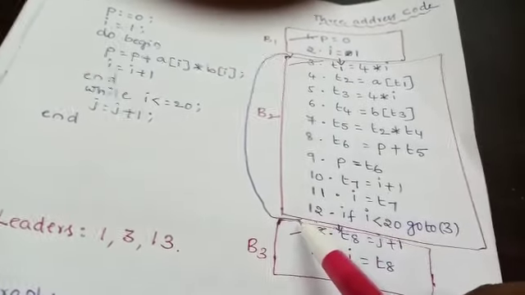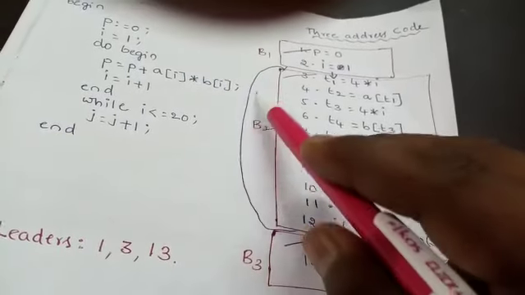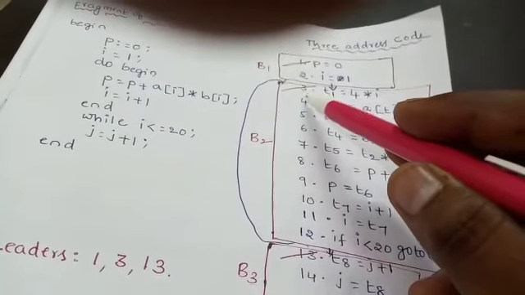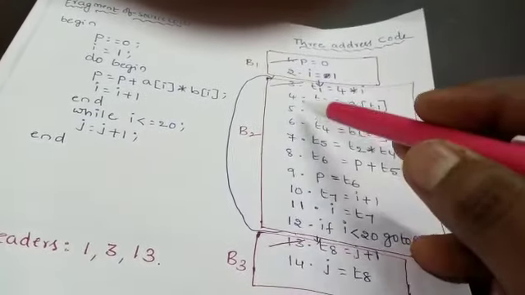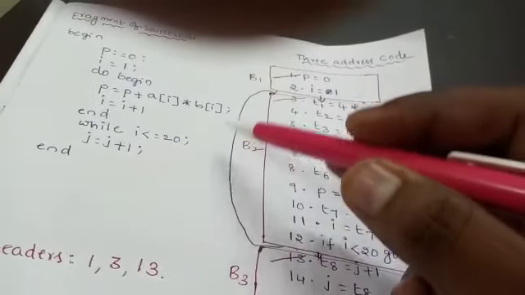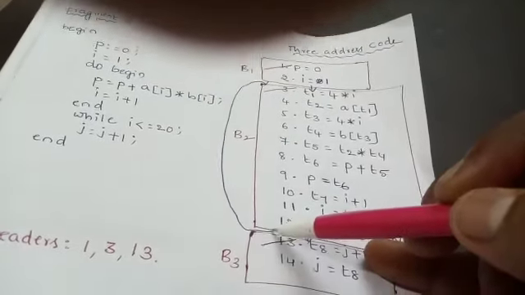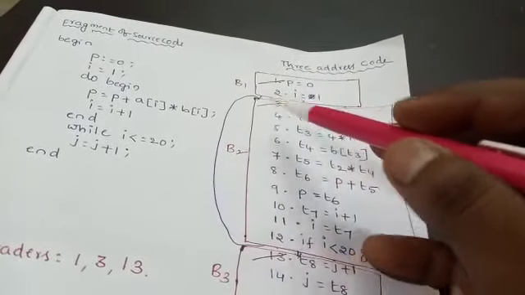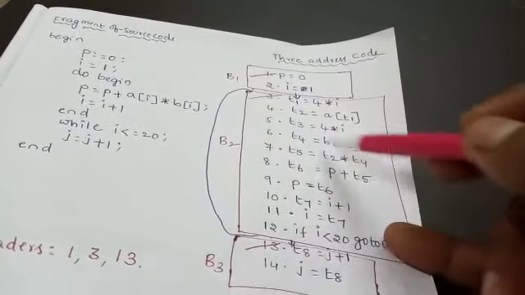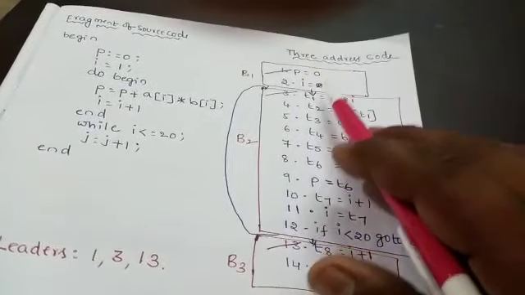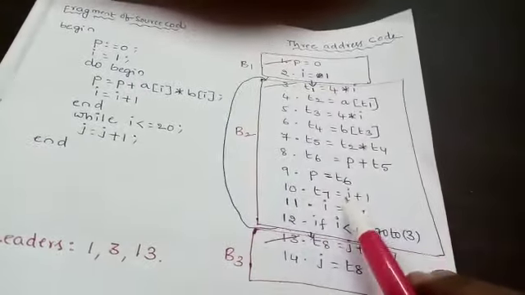So for this one we give one edge from this block to itself, that is for statement 3 only. That means for B2 only we draw one edge, because of goto 3. 3 means it is block B2. Here goto 3 means goto B2 only. So these are blocks B1, B2, B3. If we take the flow graph, B1 to B2, as well as B2 to B3.